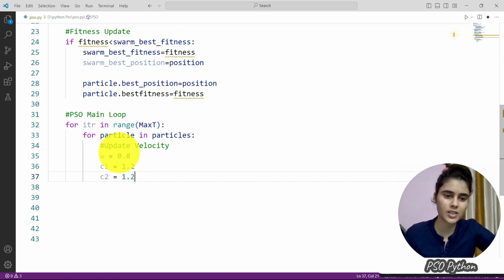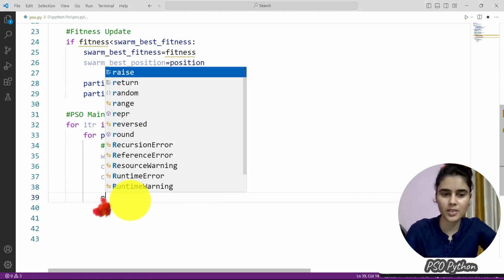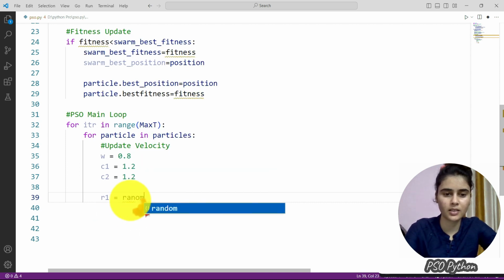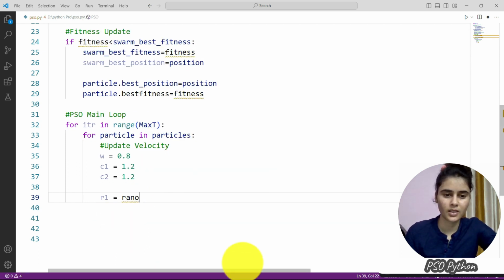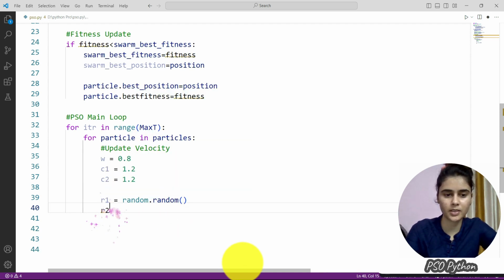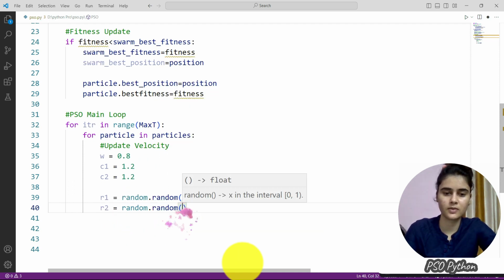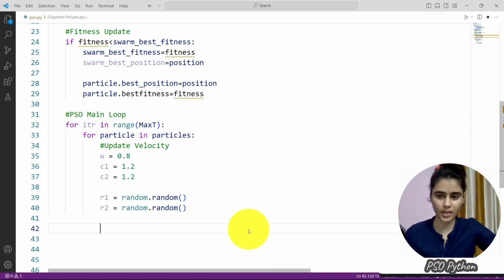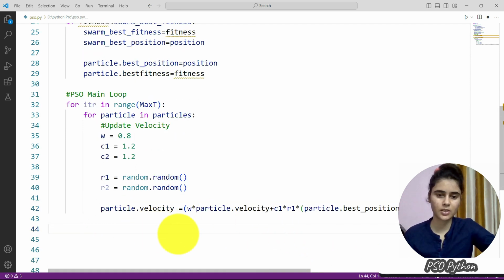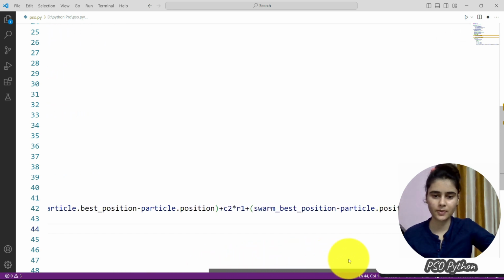You can change the parameters accordingly. We have two random numbers, R1 and R2, from np.random.random. Then we have this formula, and you can see this is the velocity formula we applied here.